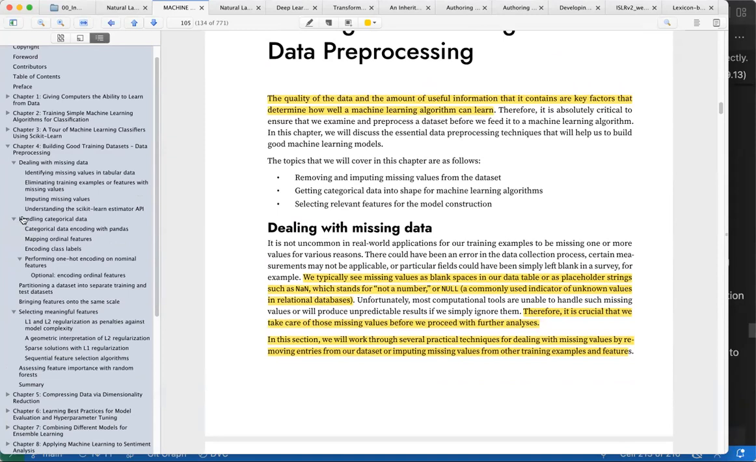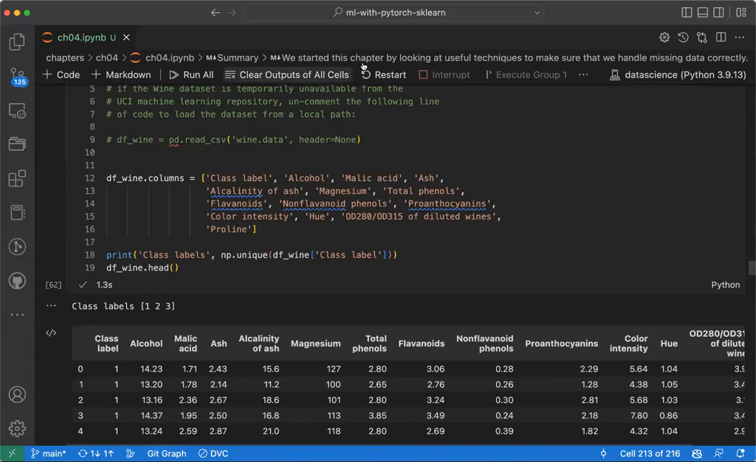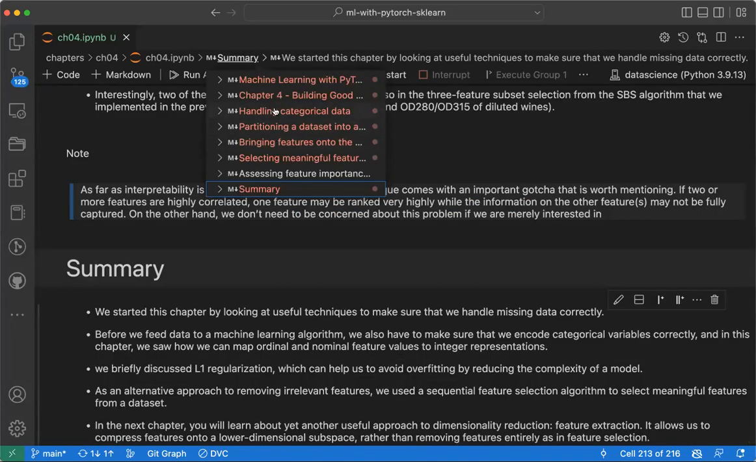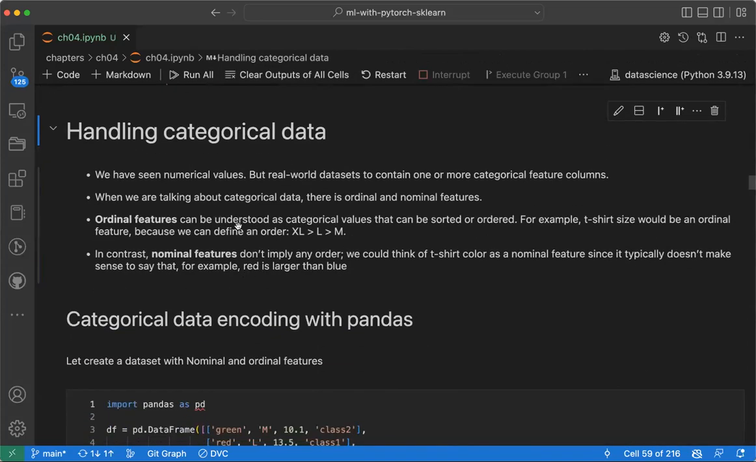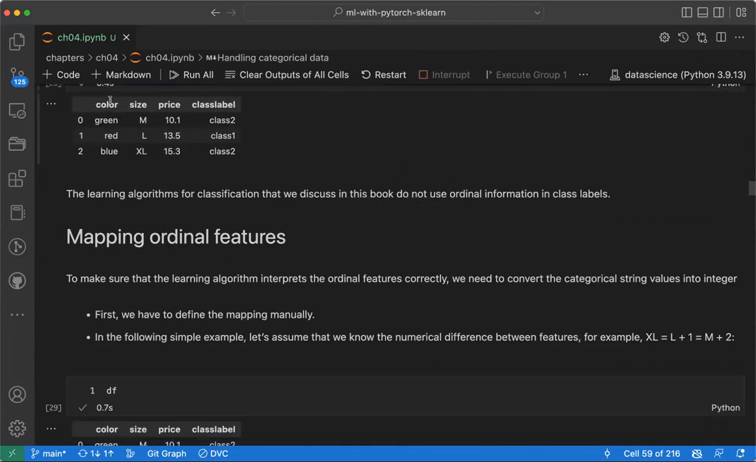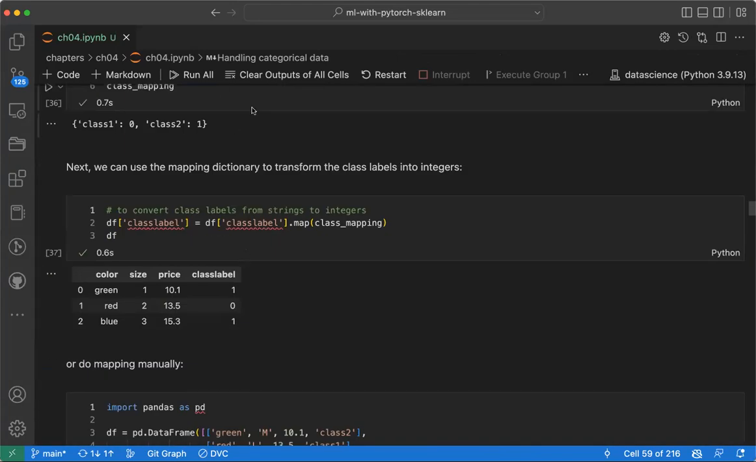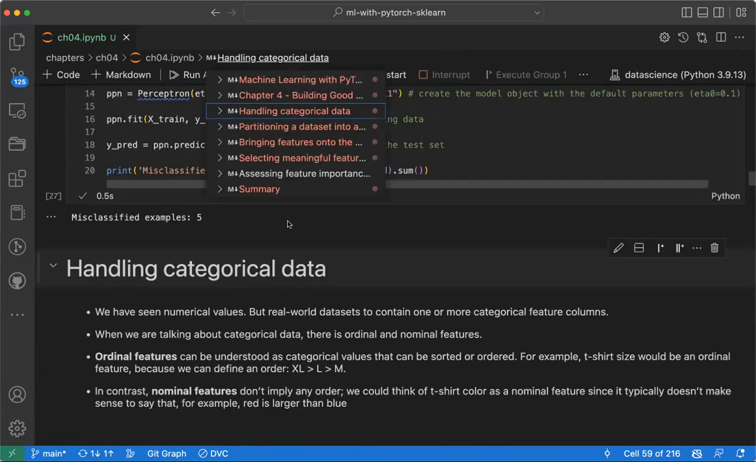And now we discuss handling categorical data, where we discuss how we can change this to numerical, how we have nominal features and ordinal features, where we can use one-hot encoding. We discussed that. But today, what we will be